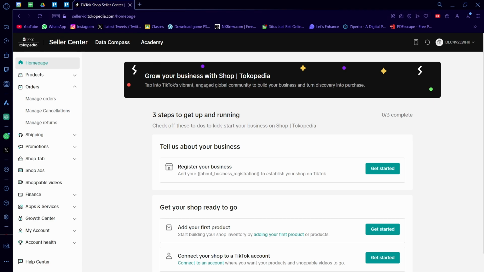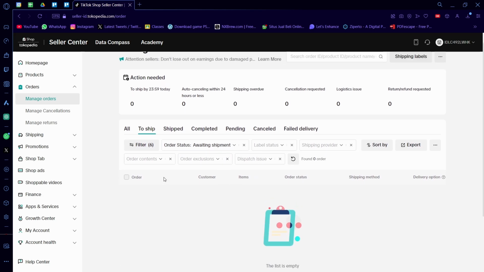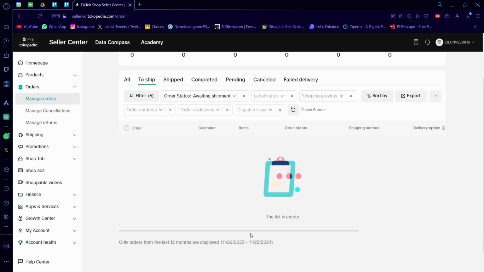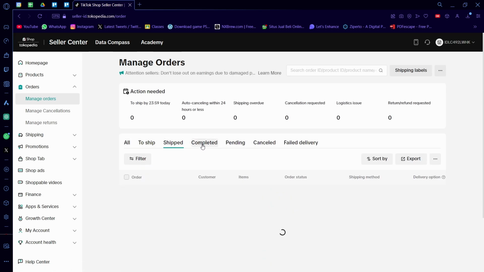After that, once you're on the seller center here, you just have to go to orders and also manage orders, right? So right now I don't have any orders I can show you, but this is where your orders will show up. So there you can click on all, to ship, shipped, completed, pending, canceled, failed delivery, all those sorts